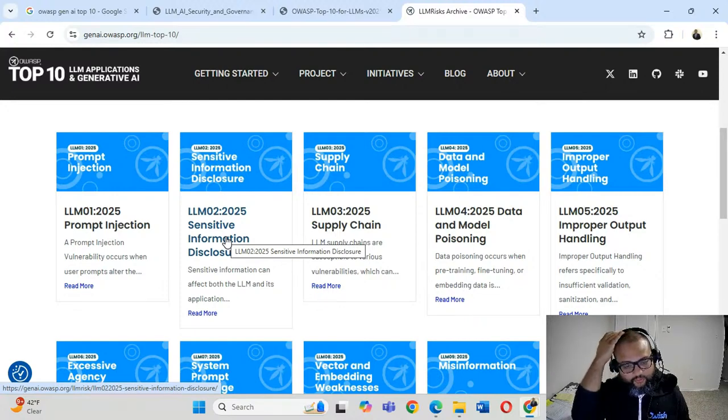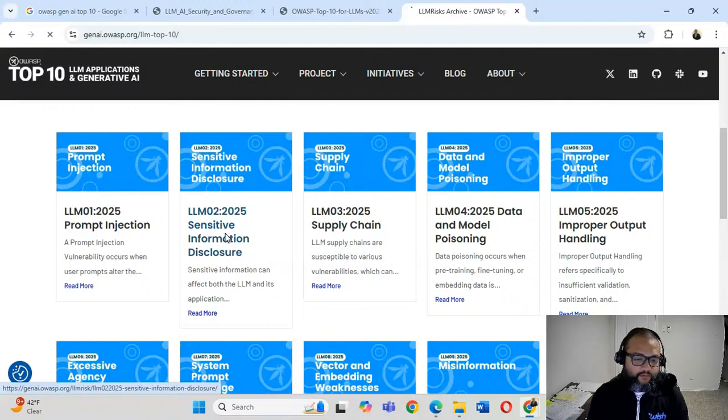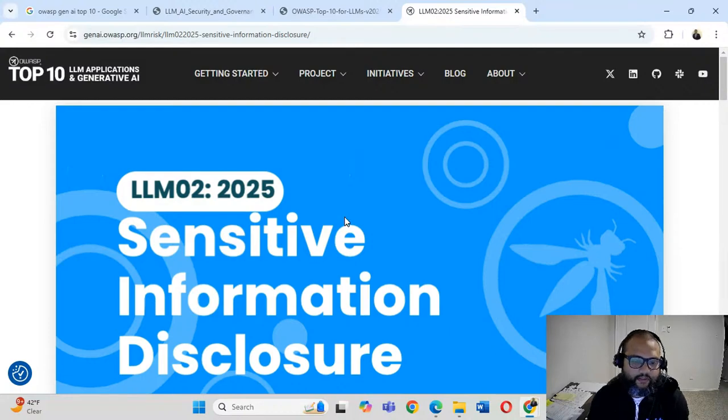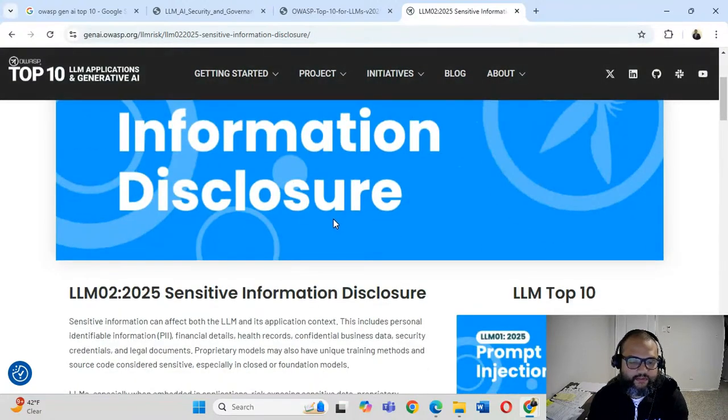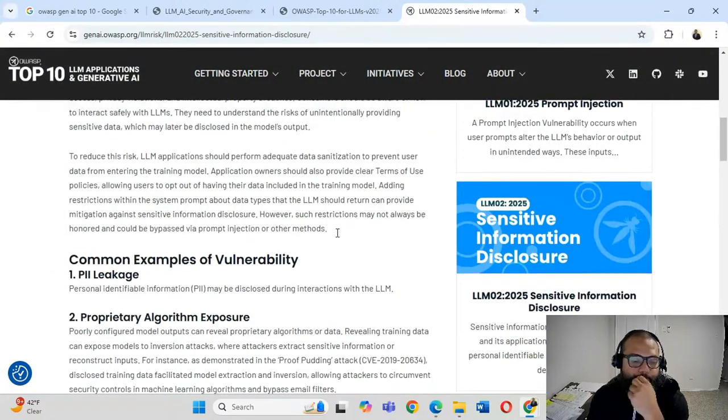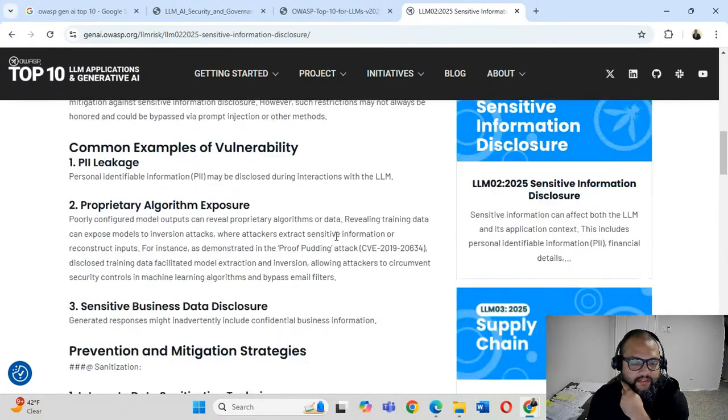This is something that is not new in terms of security threat or attack surface. This threat also exists in non-LLM applications and other parts of security. For this one, the use case, or the scenario, is a little bit interesting. The way they explained it, there is one scenario.